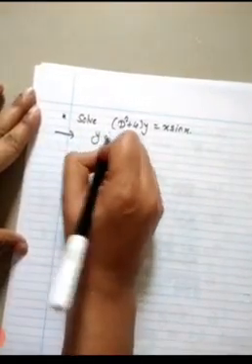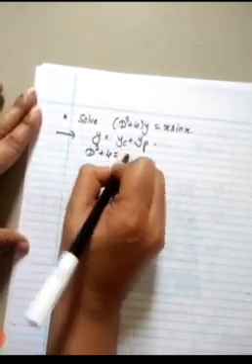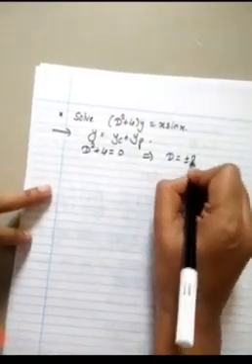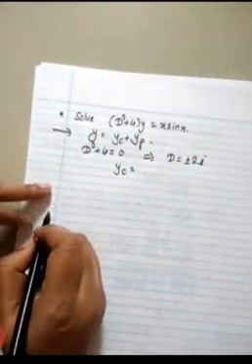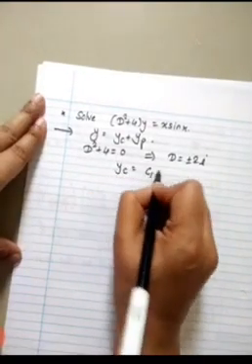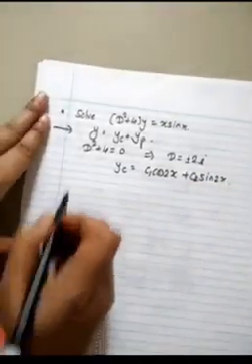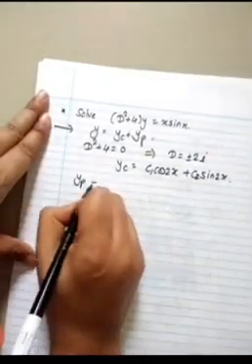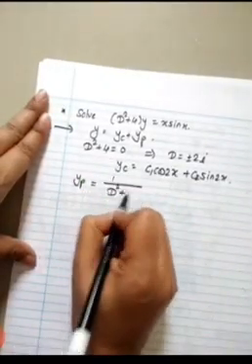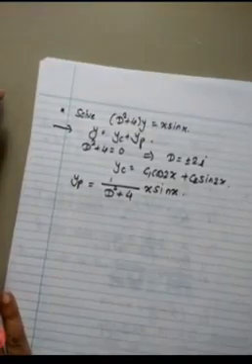Its general solution is y is yc plus yp. To find yc, consider the auxiliary equation D square plus 4 is 0. So what are the roots? Plus or minus 2i. So what is yc? C1 cos 2x plus C2 sin 2x. Very good. Alpha is 0, so e raised to 0x is 1. Next we go to yp. yp is 1 upon φ(D) into your function, that is x sin x.